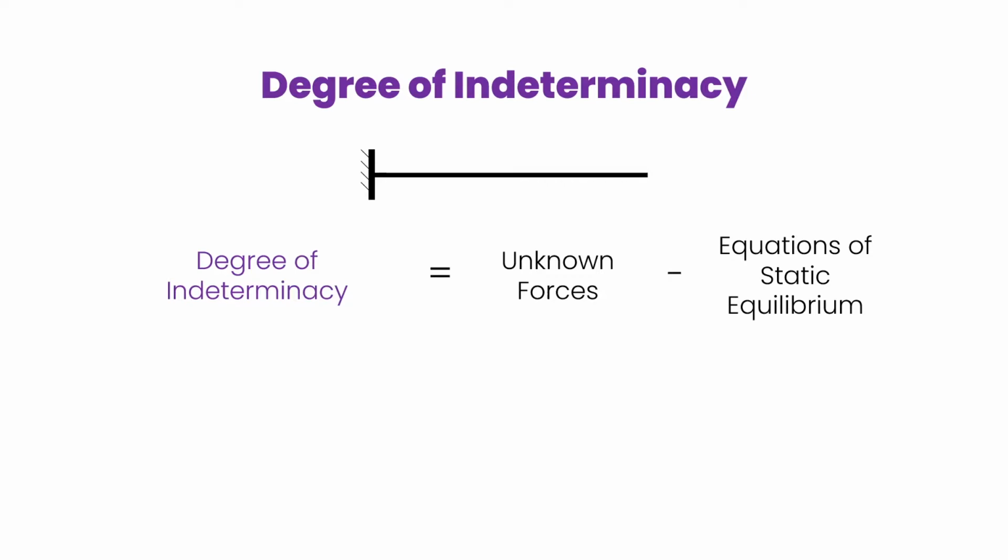Now, in this case of a cantilever beam, we have one fixed support. This support will be giving us two unknowns. So there will be a reaction at this end and there will be a reaction of moments in this end. So ultimately, these unknown forces turn out to be reactions. And in this case, the reactions are going to be 2 in number.